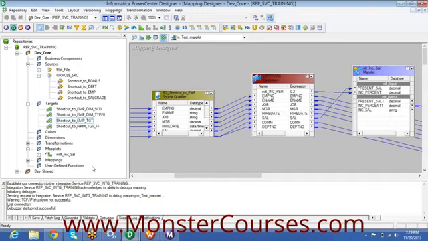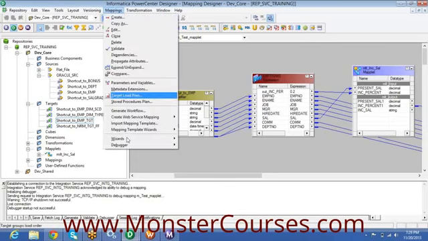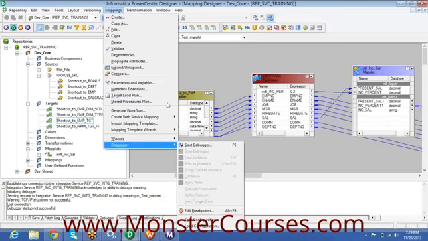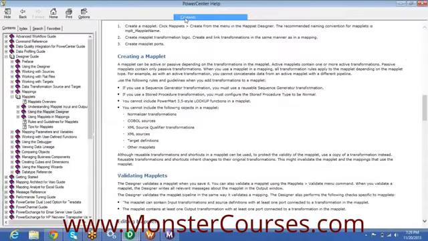There is a problem. Generally, when you start the debugger, it will give you some windows, source and target and transformation instances. Then you do next instance. If you click next, it will read the record from the source qualifier. So let me go through the help. Maybe you can see some windows.